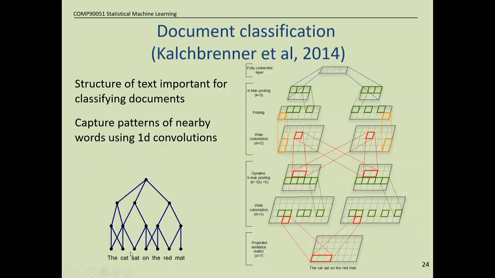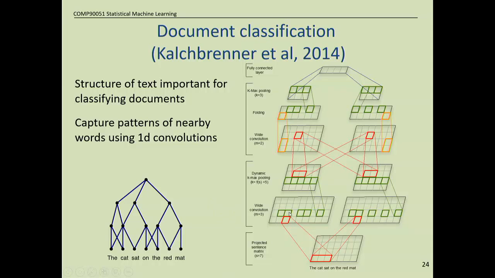So in text, there's part of speech. So you have nouns or verbs and that kind of thing, and the locations of these low-level features affect each other. You tend to have nouns and verbs maybe near each other in some languages, in others not. Subjects of the sentence and objects and that kind of thing. And then you have phrases within sentences and so on, right? So there's structure to it. But some of the structure in text, like in images, it doesn't matter where in the sentence you see something. It works in the same way. So that's why you might want to use a convolution in some of your layers.